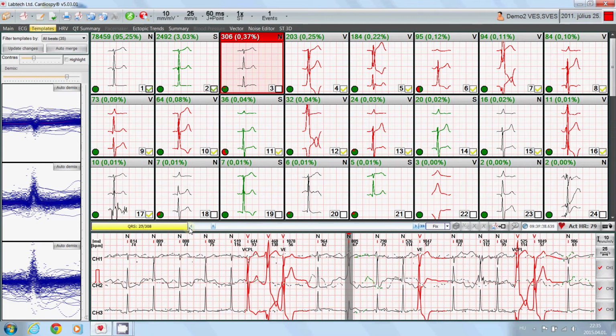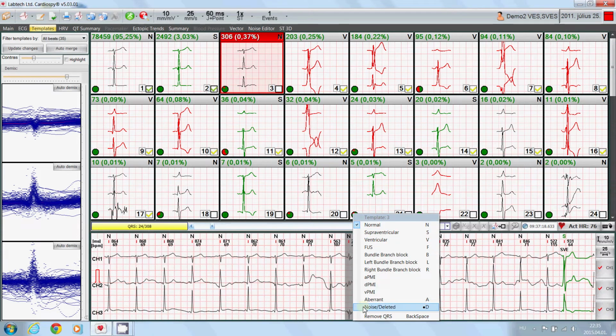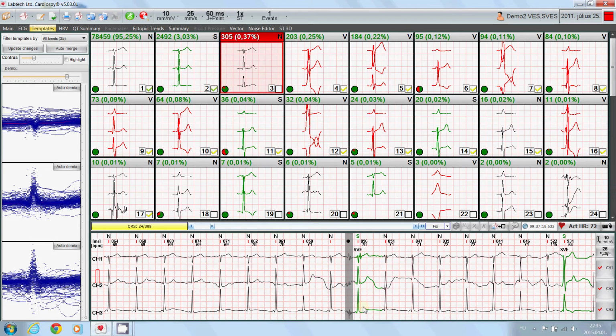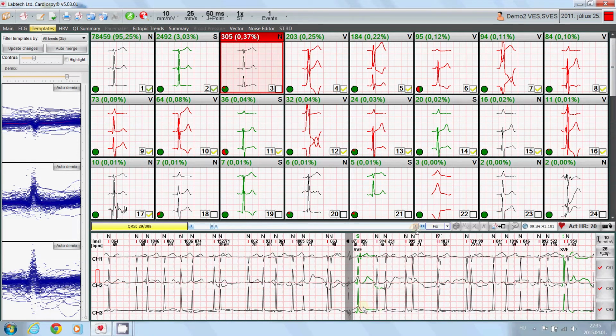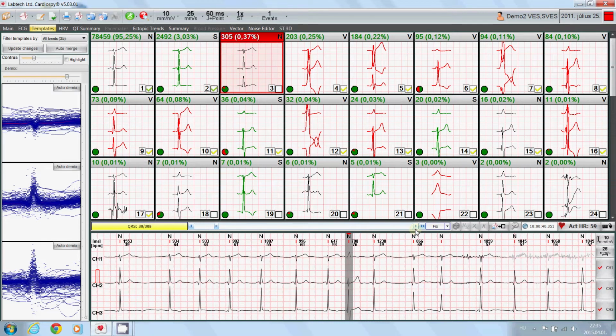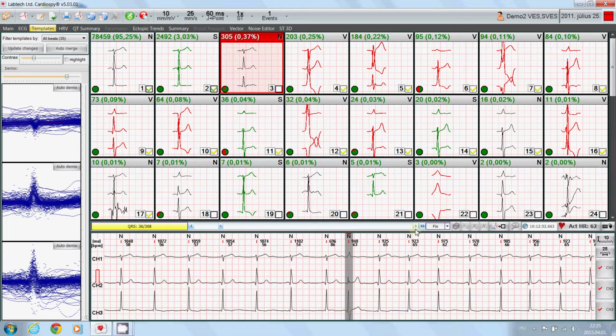In case of noisy beats, you can select noise deleted so that the beat would be removed and the surrounding area of the ECG would be excluded from statistical calculations, so noise would not affect those calculations negatively. If the majority of the beats in this template would not be normal but rather something else, which seems to be the case here,